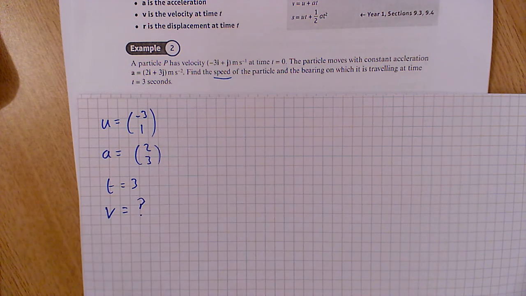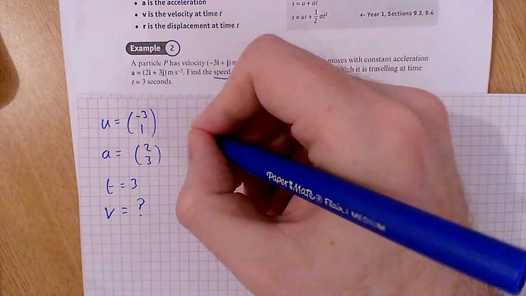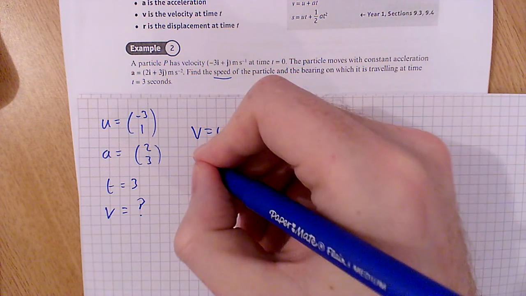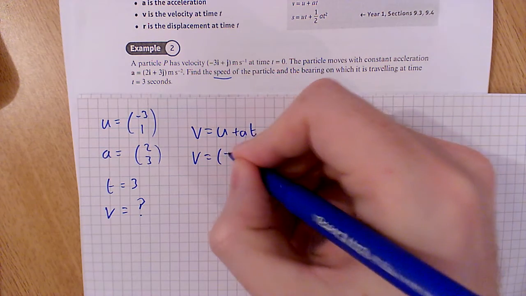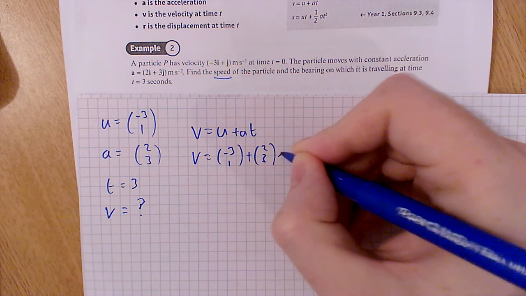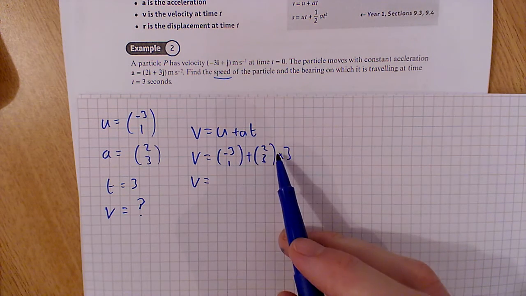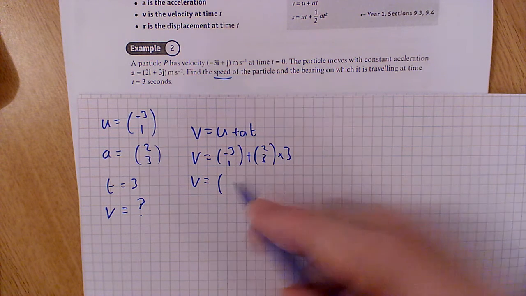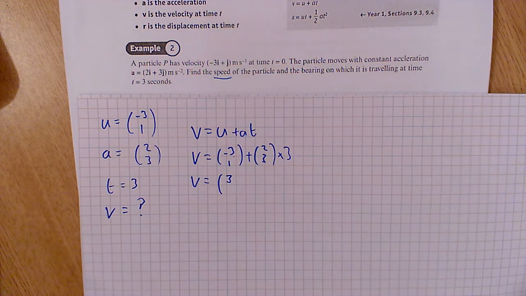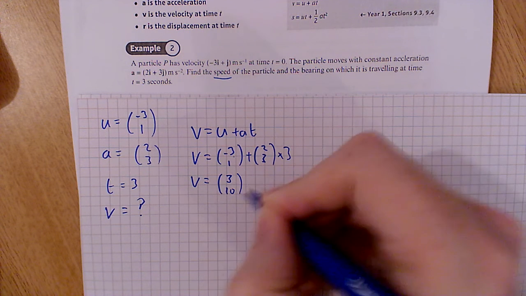So of our vector equation, our motion equation, our SUVAT equation, you can see this is going to be v equals u plus at. So when I substitute my values in, I get minus 3, 1 plus 2, 3 times 3. And all I have to do is use the top line of that to get the top line of v. So minus 3 plus 2 times 3 is positive 3, and 1 plus 3 times 3 is 10. Okay, so that is the